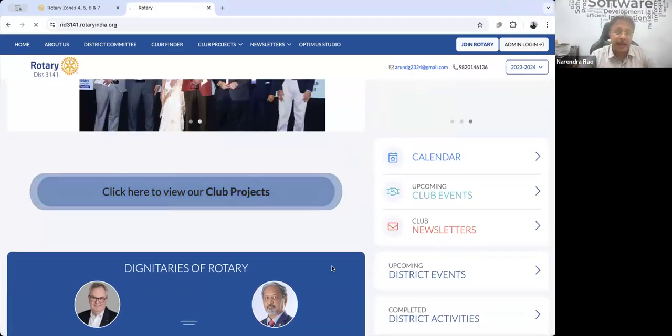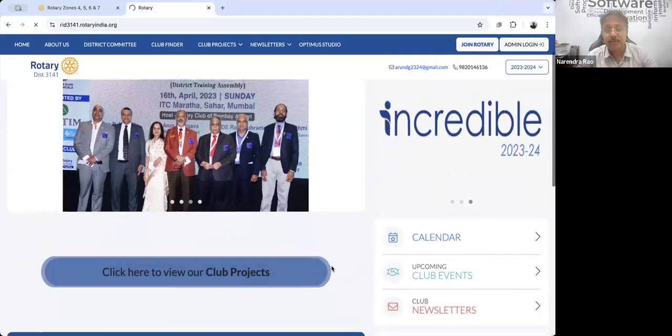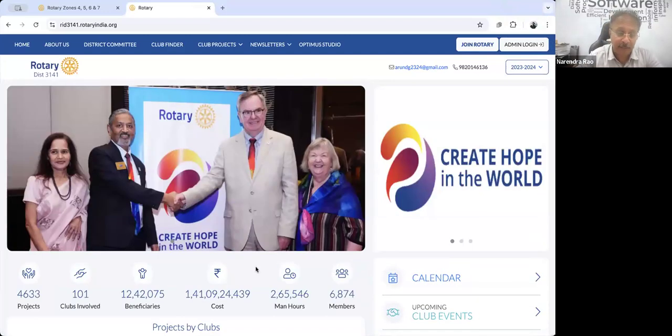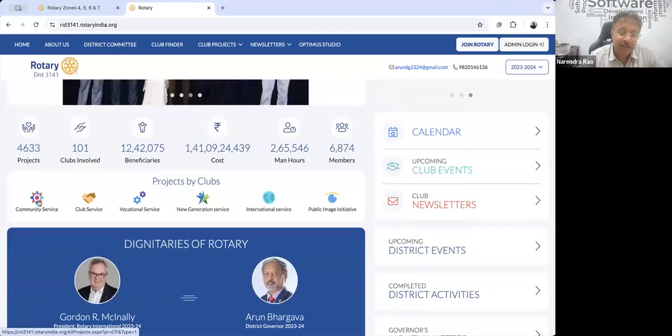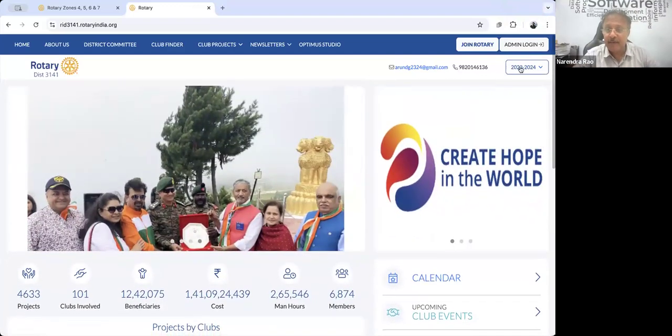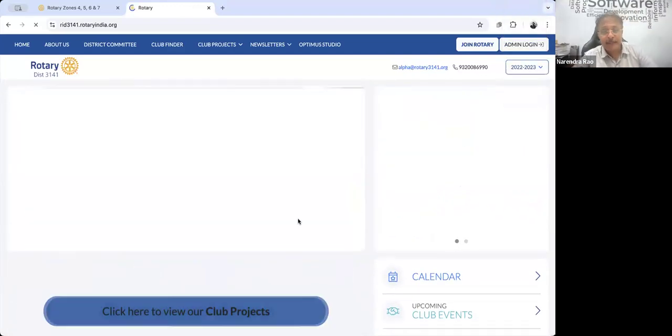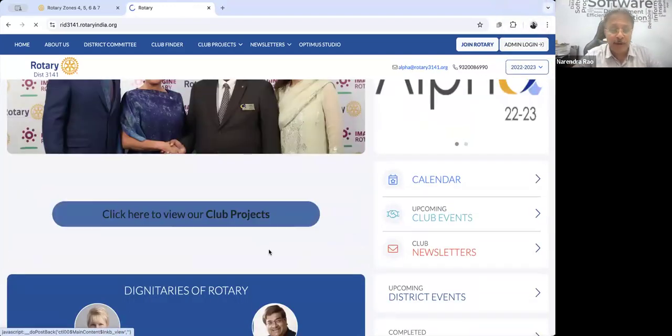And during his time, what happened? You can see the data. Can you see this number? That time it shows 116, now it shows 101, and the number of projects, that time it was 5092, here it is 4633. When I go here, I'll see the projects done by the clubs for the year 23-24. Same way I can go to 22-23, the story continues for 22-23.